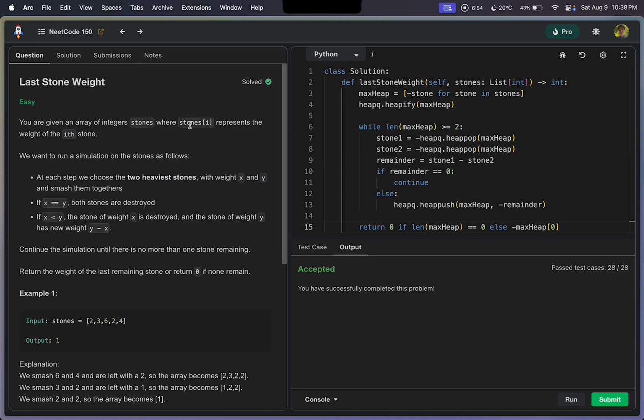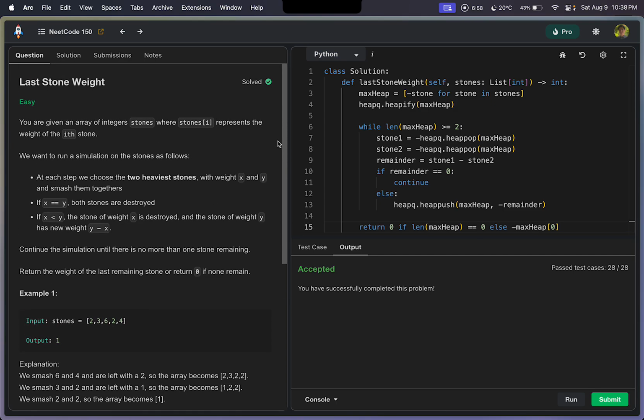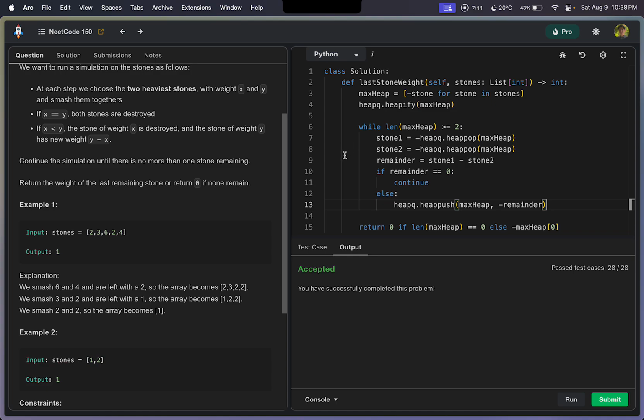Wonderful. So this has a time complexity. Heapifying it has a time complexity of O of n, where n is the number of stones, and then every operation like heap popping and pushing is log k, where k is the size of the max heap. So overall, it's just O of n, since O of n is more complex than O of k. It's just log k